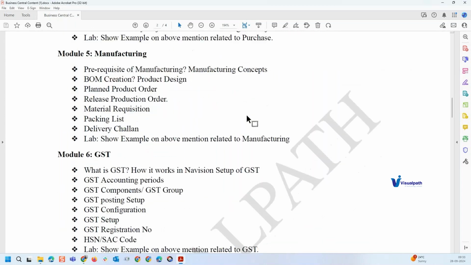Now under manufacturing, what is the concept of manufacturing? Bill of material. BOM is short for bill of material. So what is the bill of material? Bill of material is something like, you are manufacturing something, right? Let's say